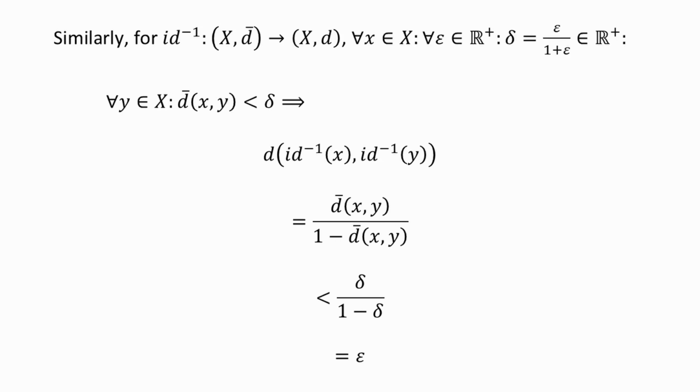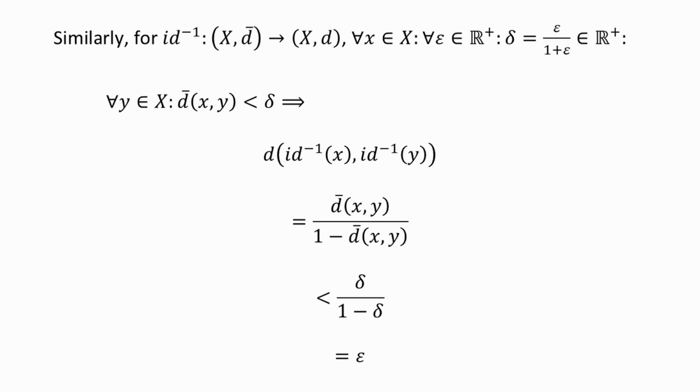Similarly, we can do the same thing for it inverse, but we don't need to split it into two parts. For it inverse from xd bar to xd, for all x in x and for all epsilon in R plus, there exists a delta which equals epsilon over 1 plus epsilon, which is in R plus. Now we don't need to worry about the non-permissible value of epsilon because all epsilon are positive real numbers,